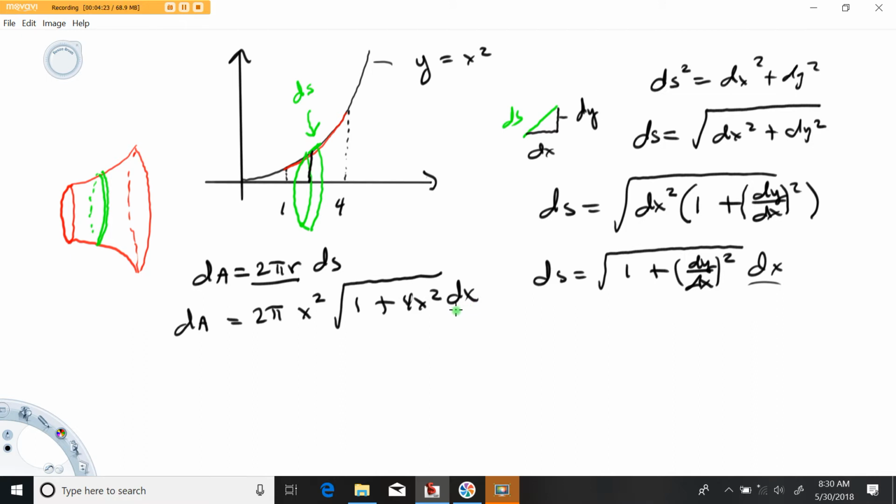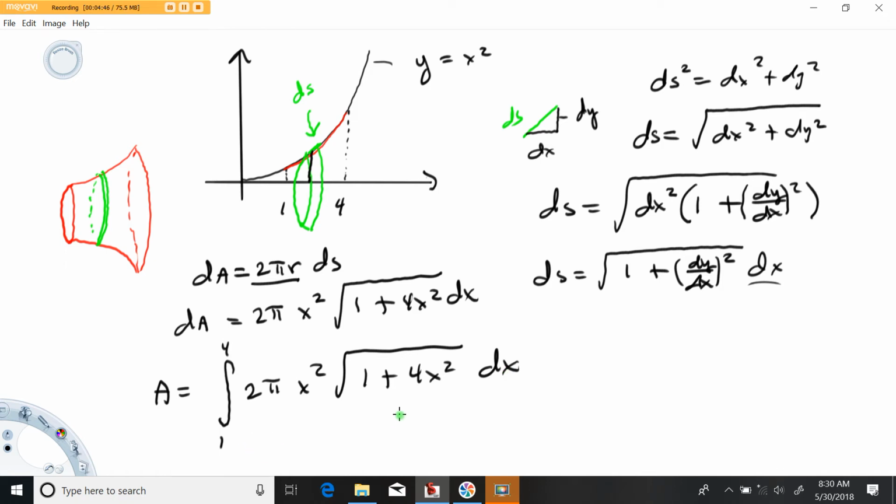Okay, so to set up the integral, the total area is going to be the integral. In this example, we're running 1 to 4. The integral from 1 to 4 of 2 pi x squared times the square root of 1 plus 4x squared dx. And just like in my previous video, I mentioned how arc length integrals and surface area integrals tend to be pretty tough integrals. This one I'm sure can be done maybe by trig sub, probably a trig sub, but these are typically done numerically. I like to do these numerically